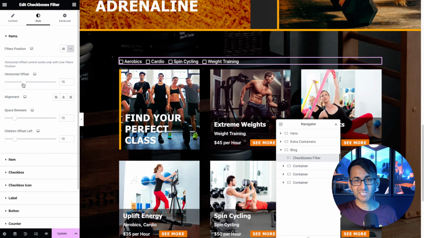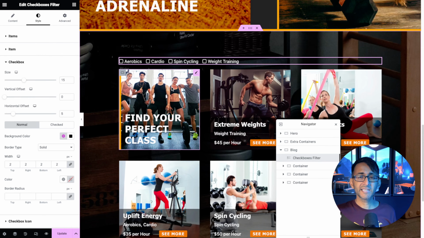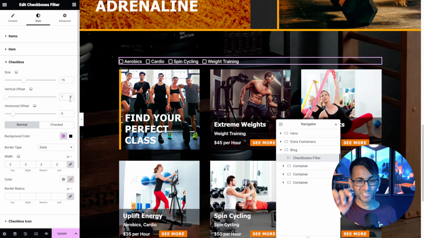Horizontal offset, basically spaced them out. So let's go and give it about 15 spacing there. You can align it to the middle or the right hand side. Left makes more sense. And you can clearly see the checkboxes are not in line with the wording. So back onto the style, go to the checkbox, and I'm now just going to add in 1 pixel just to make it